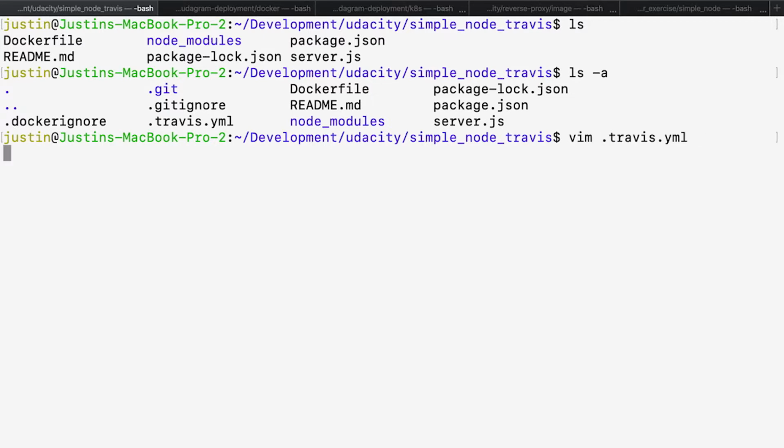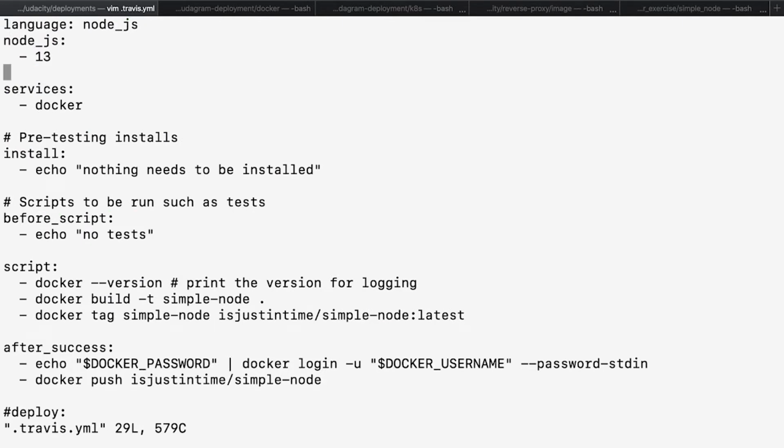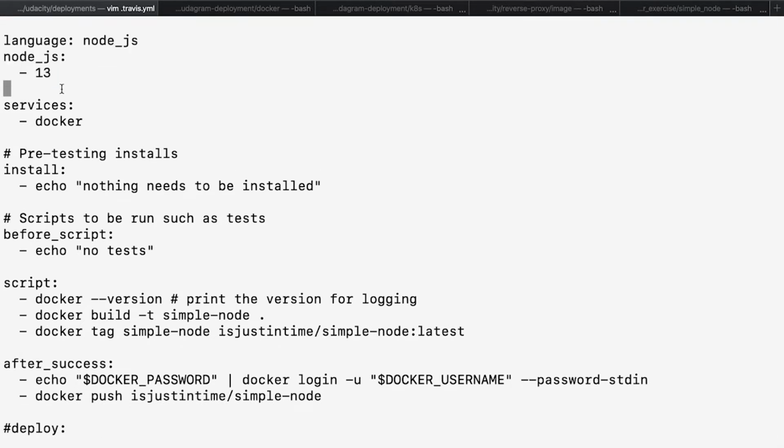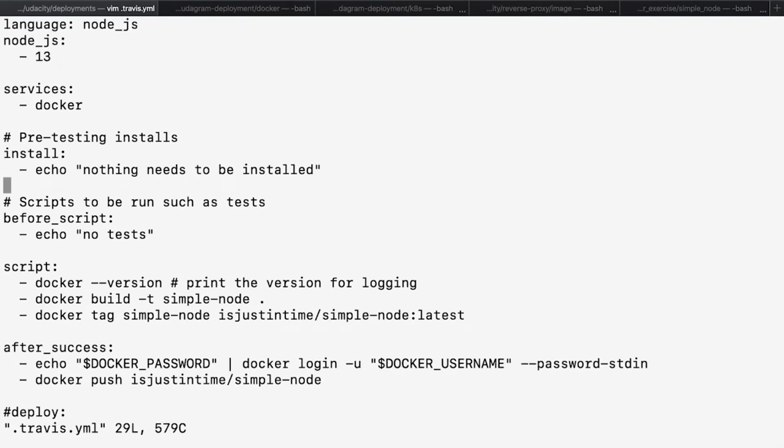Let's start off by looking inside this Travis file and taking a glance at how it's structured. At the top, we've declared that we'll be using Node.js as part of this project. And overall, the file is just a series of steps that define some processes that we want. We have an install phase, a before script phase, a script phase, after success phase, and a deploy phase. Ultimately, the idea is that you can choose what commands you want to put in which phases and logically organize your build pipeline however you deem fit.